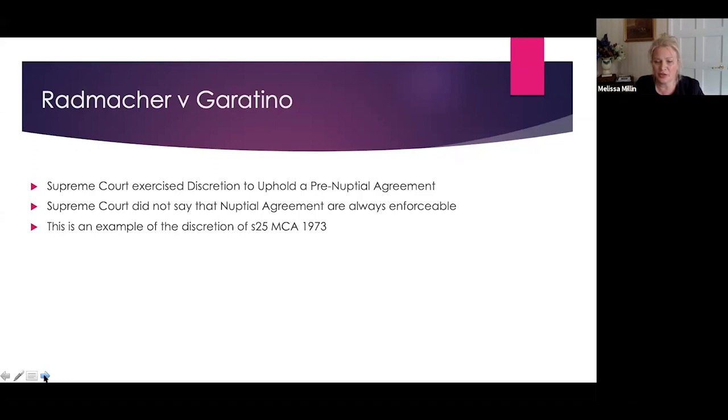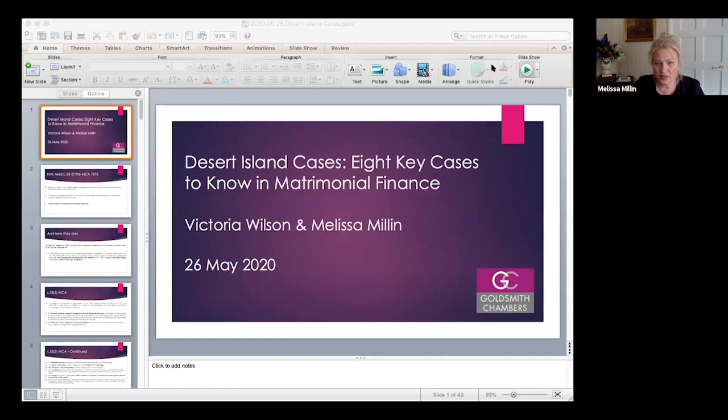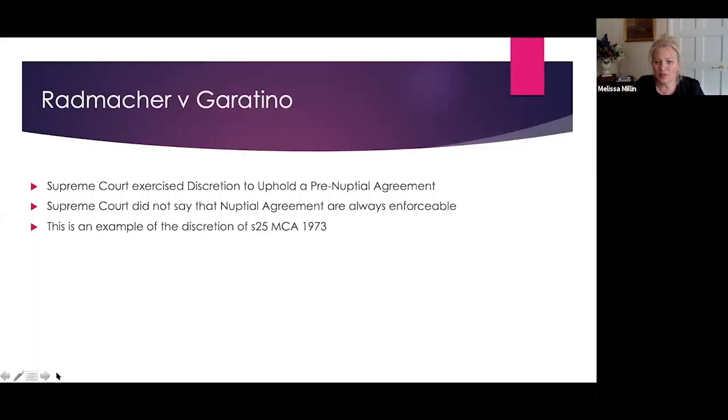This was a contract signed in Germany, the essence of which was that neither of the parties would benefit from the other if and when the parties divorced. Well, they did. And whilst there was no agreement between the parties that could override Section 25, the court would be equipped with a very wide discretion as to how finances would be dealt with.